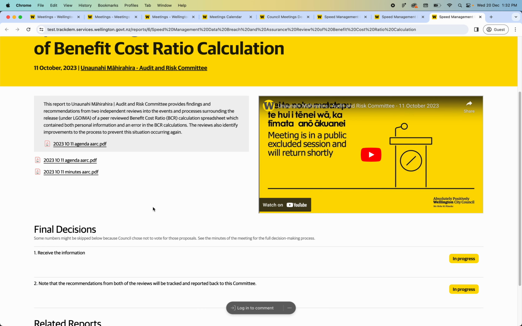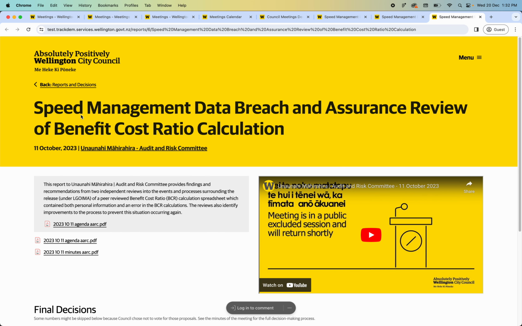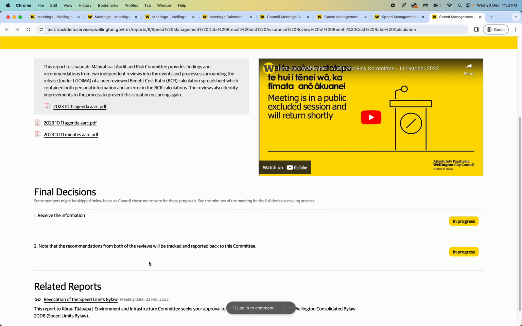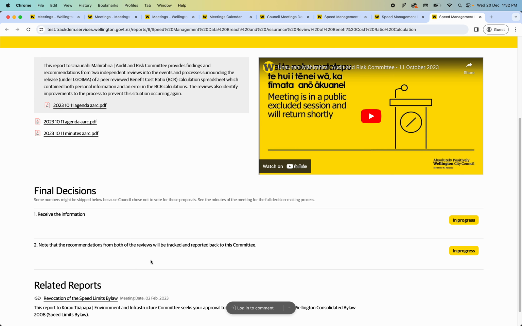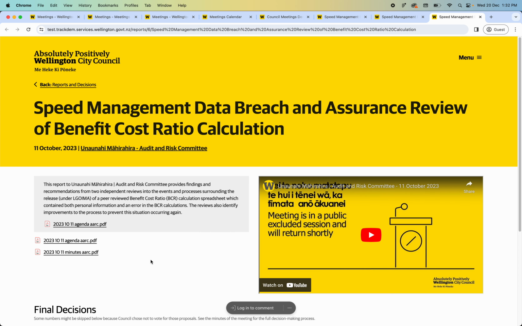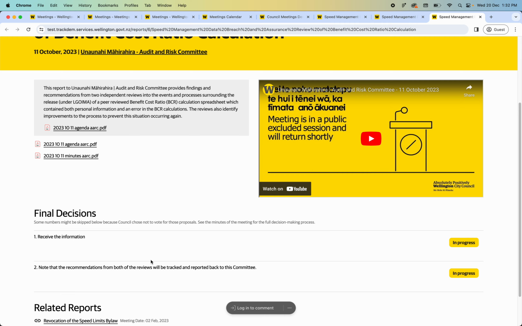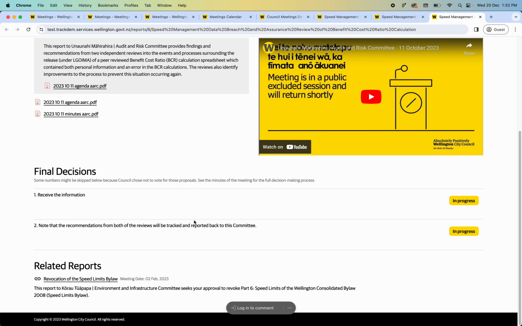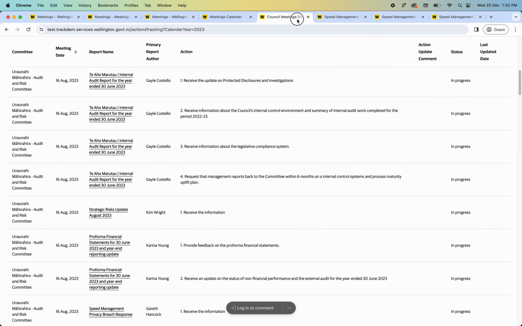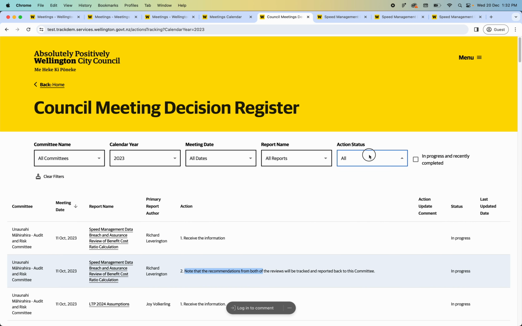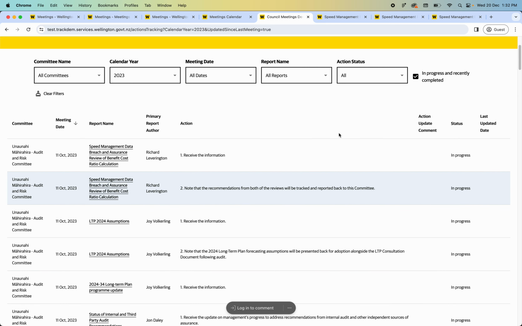The point is, a paper happens at a meeting, and the decisions relate to papers that go to committees. These decisions have different statuses. So if we go back to here, we can look at in progress, completed, or recently in progress or recently completed. So obviously if something got finished yesterday,